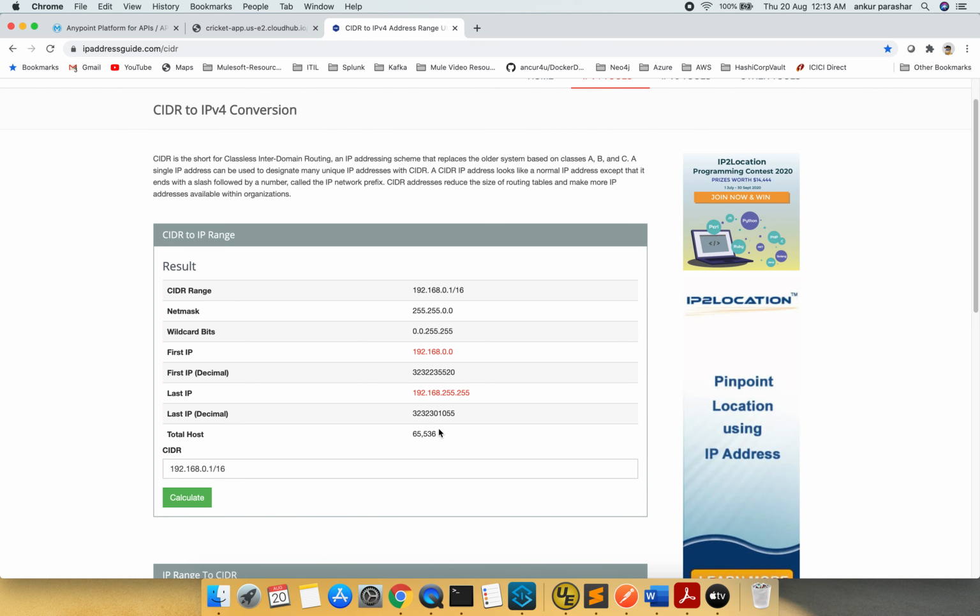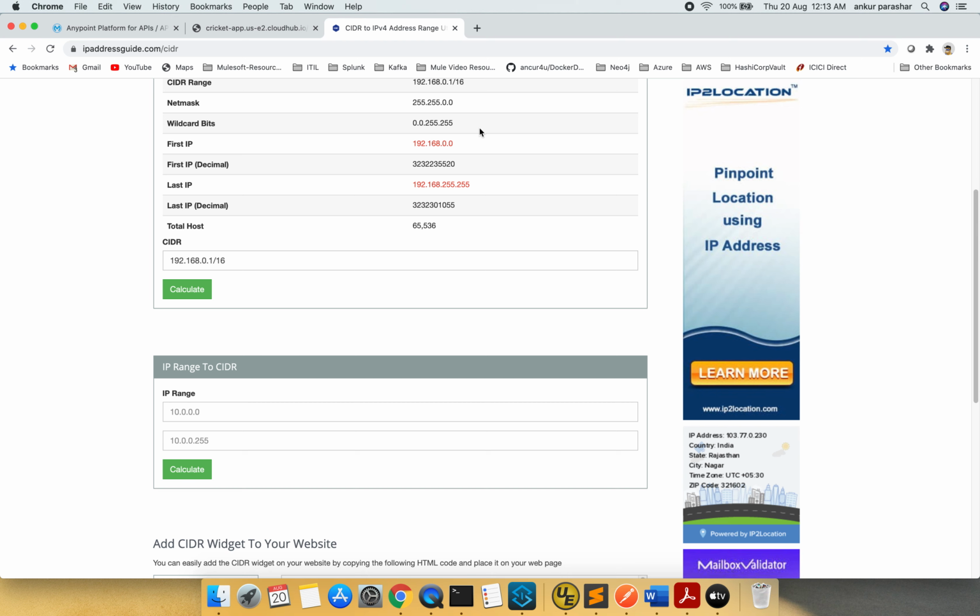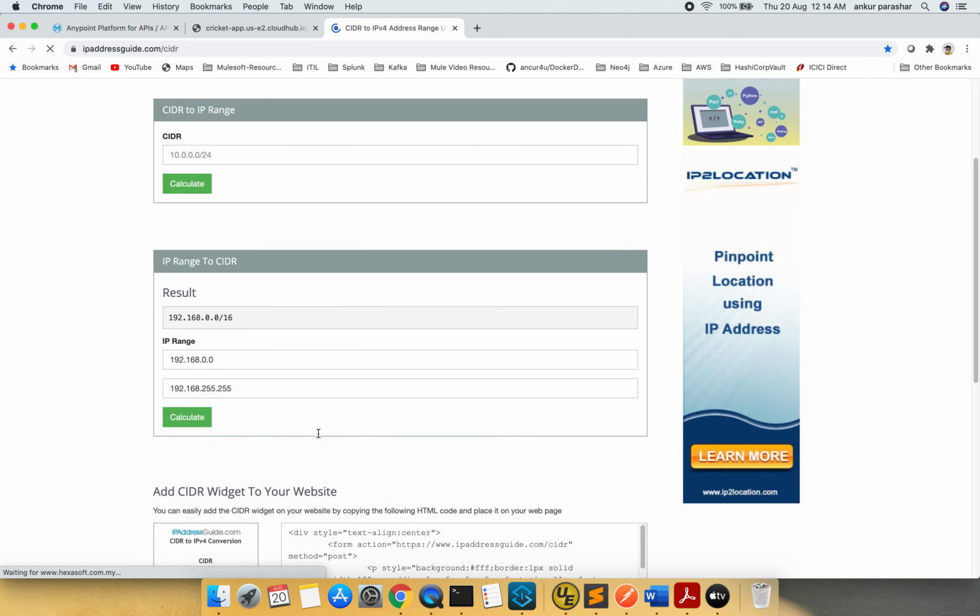It shows the total number of IP addresses. It will start from 0.0 and range up to 255.255, and the combination will be 65536 possible IP addresses. In other words, if you have the start or the end range, you can calculate the IP, and you can calculate the other way around as well. It will specify something like this.